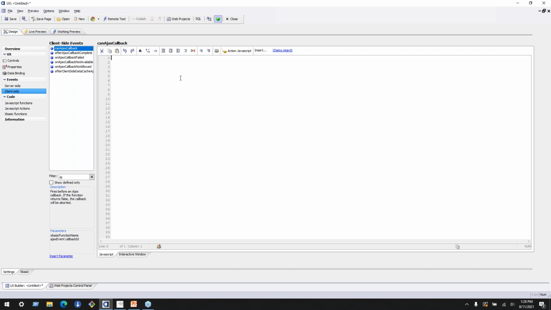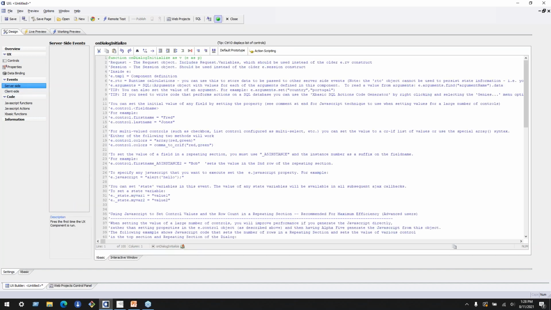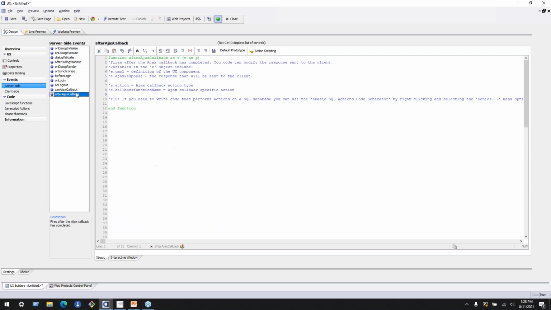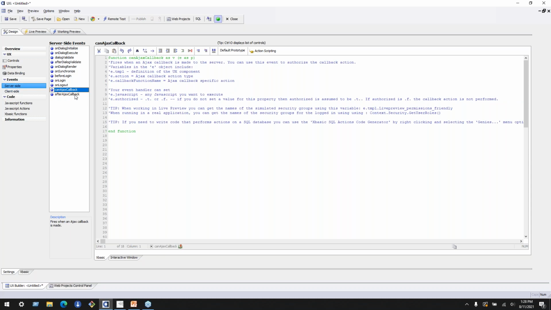Once that check is made, if this event for whatever reason says no, returns false, like callback can't be made, the callback's canceled. On the server side, well, there's a similar event. There's a can Ajax callback event here as well. This is where you could do something like check if the logged in user has authorization to even make that callback,